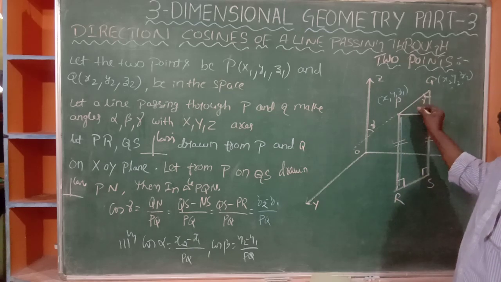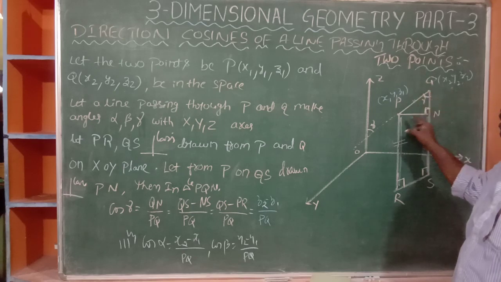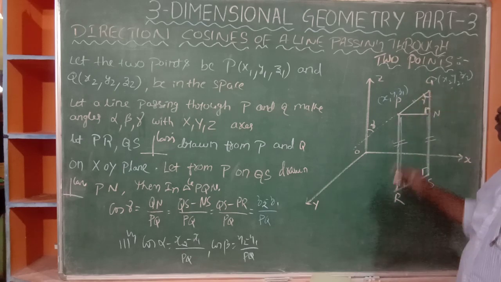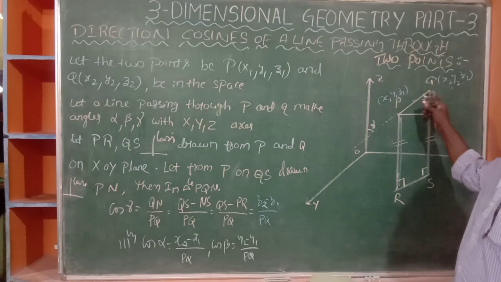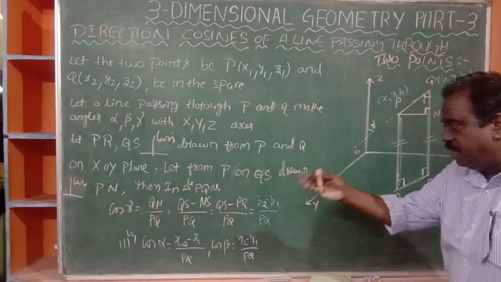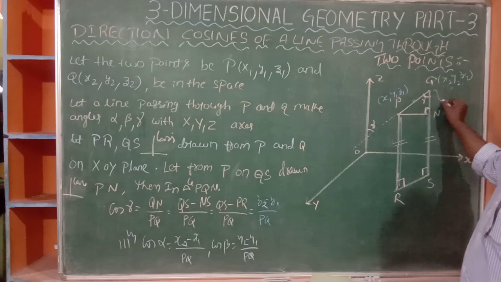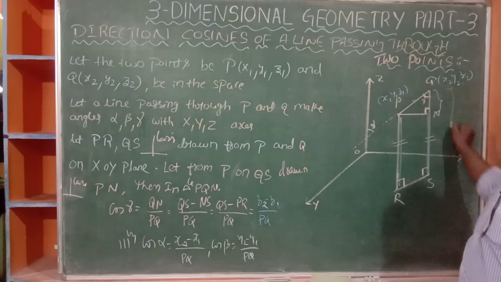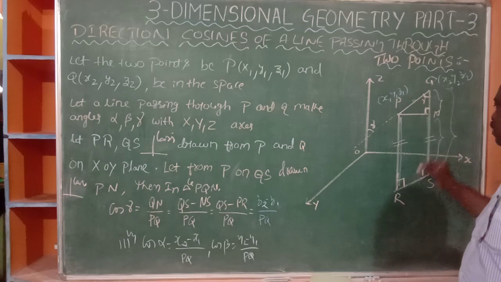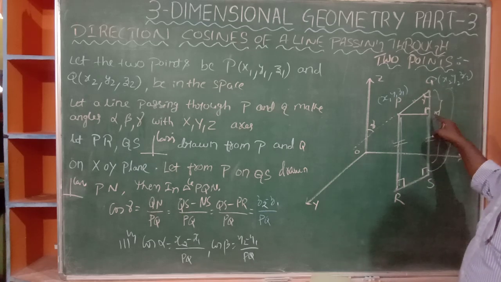Hypotenuse is opposite the 90 degrees. This is the hypotenuse, this is the adjacent side, and this is the opposite side. So cos gamma means adjacent side by hypotenuse, QN by PQ. What is QN? We need this part: total QS minus this one. Will you agree? Total QS minus this is